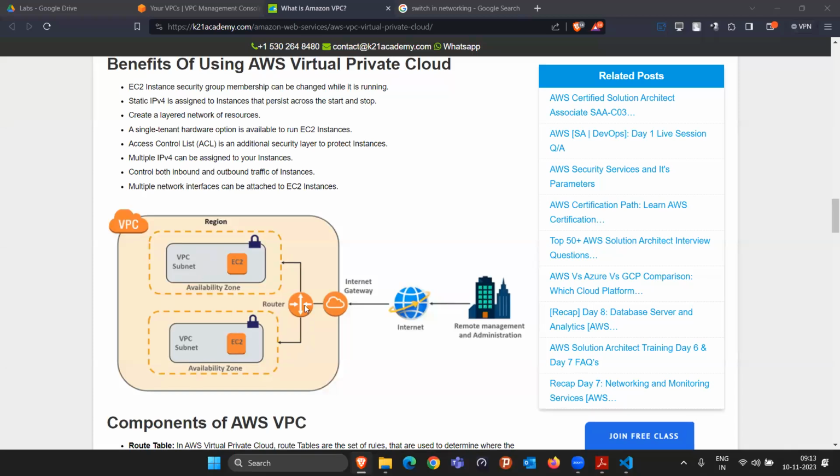We are going through the router, going through the internet gateway to the internet. From there we are managing it. Make sense? So this entire infrastructure is known as the VPC. And whatever resources we are going to keep in this VPC,